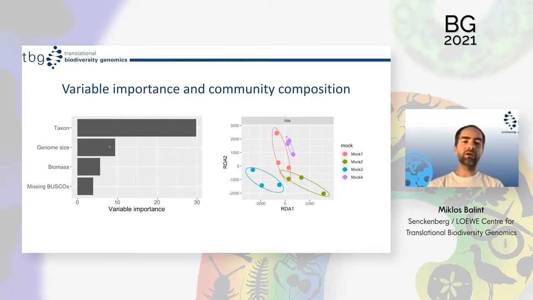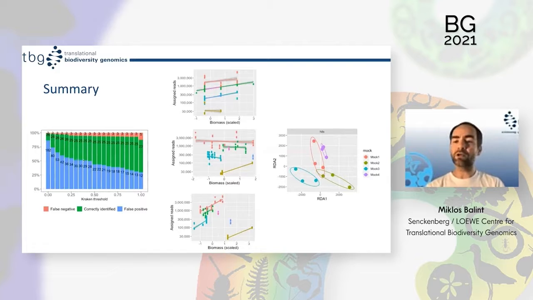Nonetheless, despite this huge taxonomic effect, we find that the metagenomic reads still represent the differences among the mock community replicates. So they are still able to record ecological information on community composition, despite all the strong effects from the other factors. So to quickly sum it up, we see a lot of